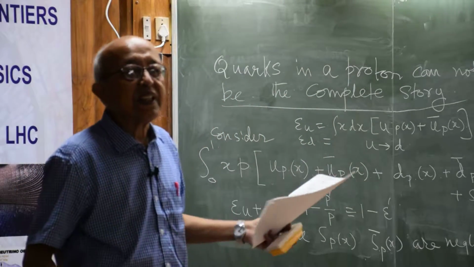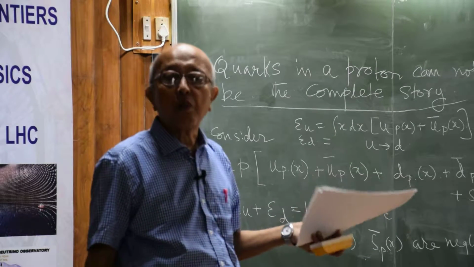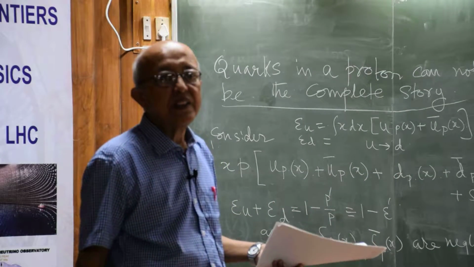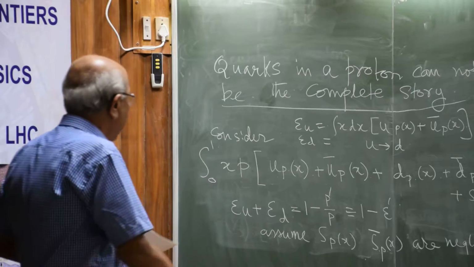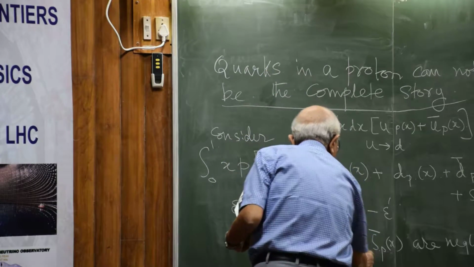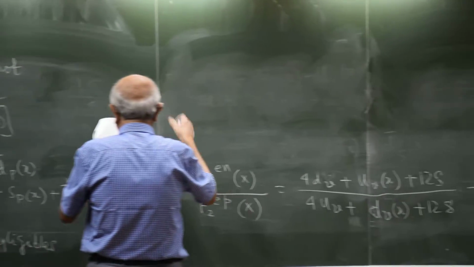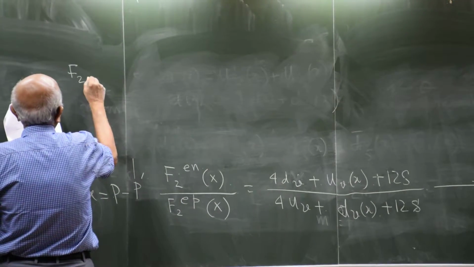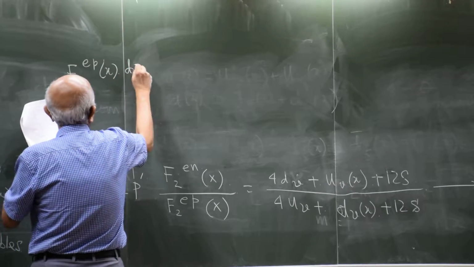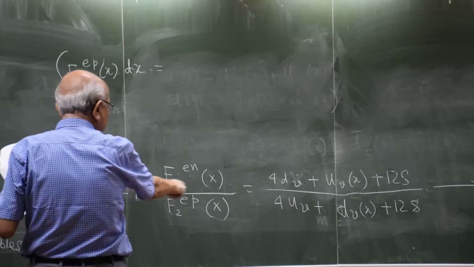That is, we assume that the density of the valence quark is dominant. So u and d have some valence component in it. Therefore, their integral is large. s has only sea, so its integral is small. So we have this relation to an approximation which is good. Then I go to the definition where I write the integral of F2 dx, and this is equal to, by using the formula of